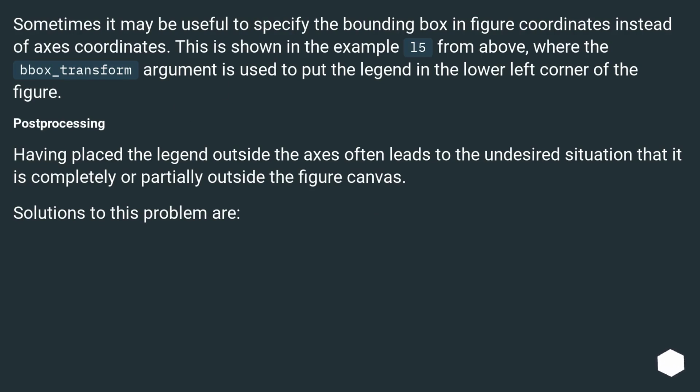Post-processing. Having placed the legend outside the axis often leads to the undesired situation that it is completely or partially outside the figure canvas. Solutions to this problem are: